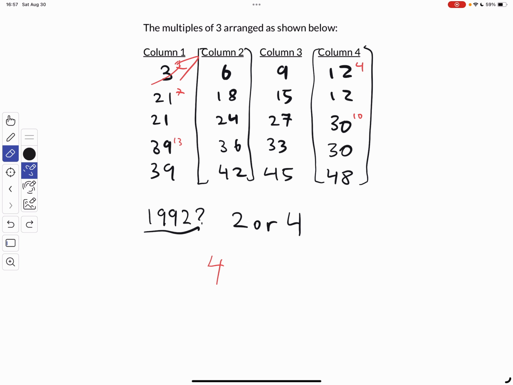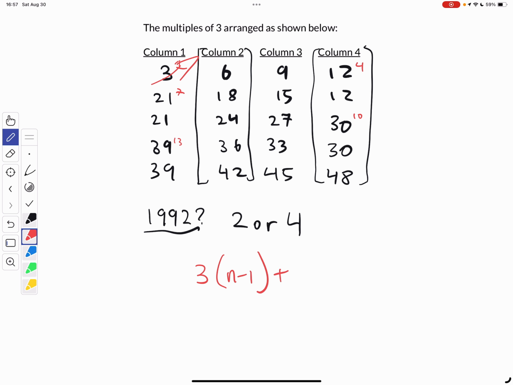Apologies, this is incorrect. Since the difference is 3, we have 3 times n minus 1. And of course, we start off with a 4. So we can definitely simplify this, but we'll stick to this for now. Now, as you can see, this should be equal to